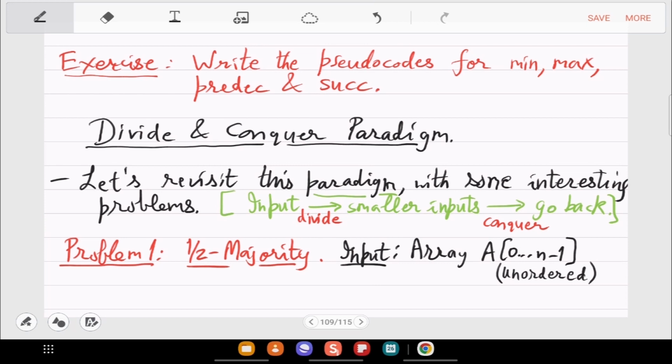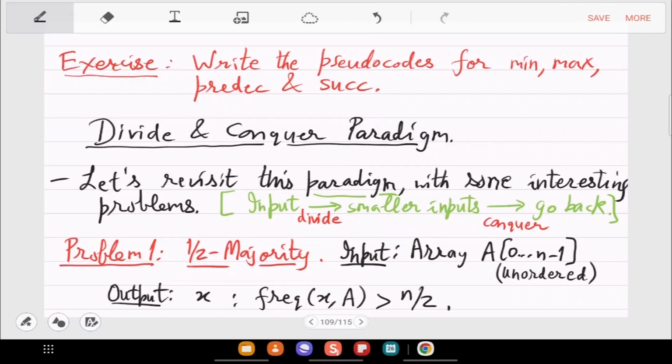So in the output, you have to output an element x such that the frequency of x in A is greater than n by 2.